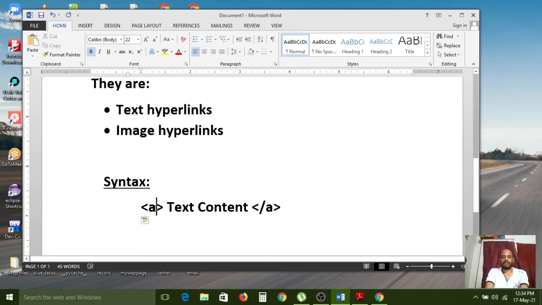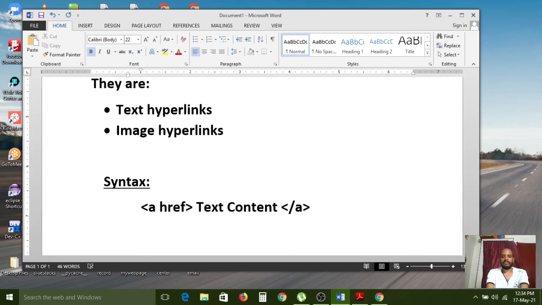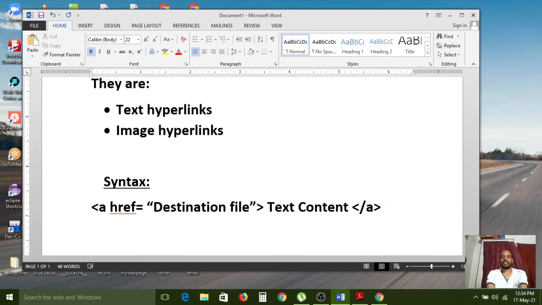Here one more attribute we need to use, href equal to destination file. When we click on that link, automatically the href attribute sends to this file. What is the destination file we want to execute? That file we need to configure here. Understand? Like that.